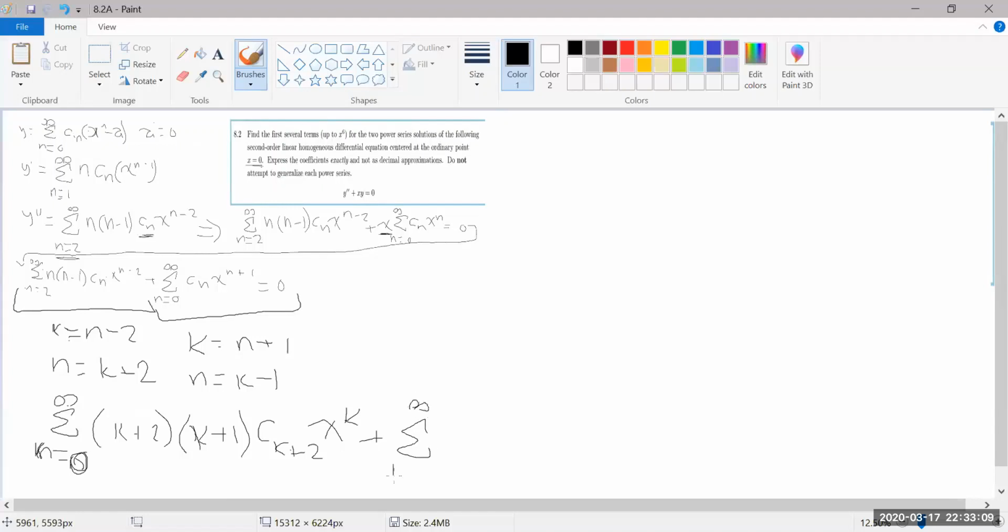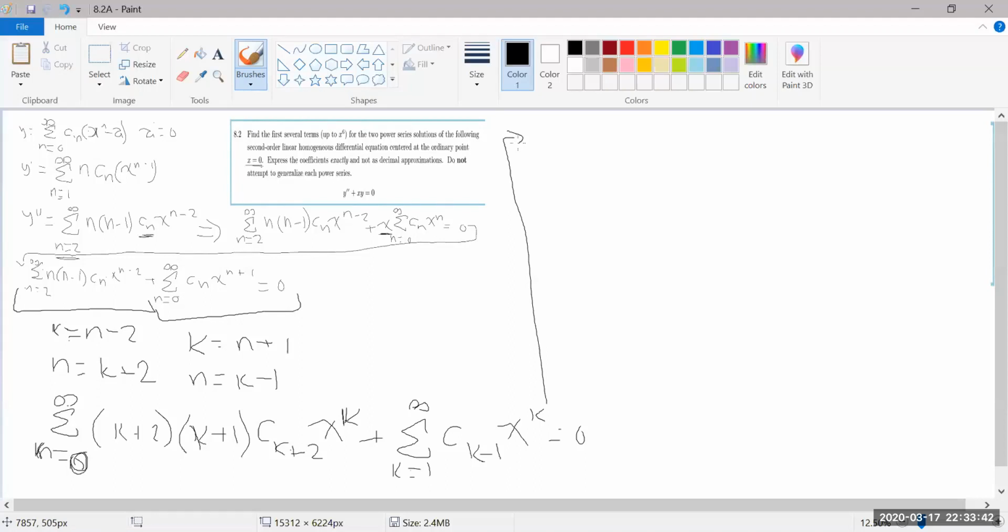So now we get k equals 1 here, so c sub k minus 1 x of k. Okay, so that is a step closer to where we wanted to be with our exponents on our x terms being the same thing. We're a little bit closer, but before we can combine the summations, we have to get the index in the same